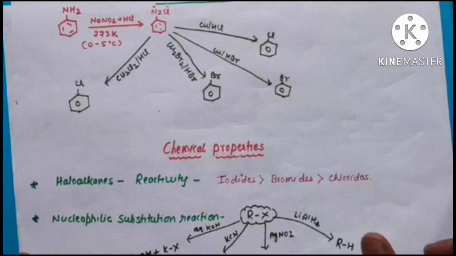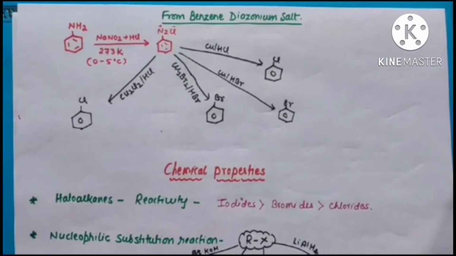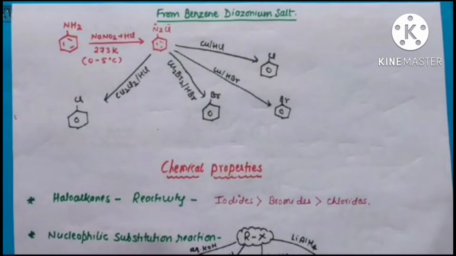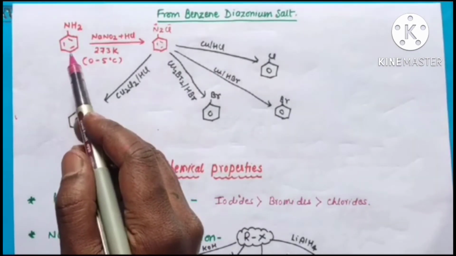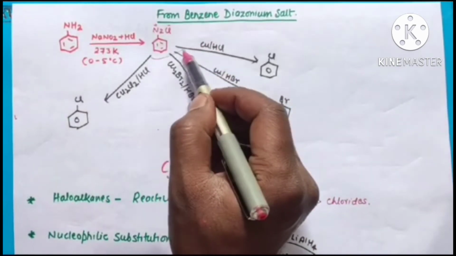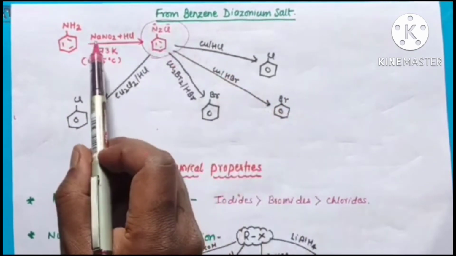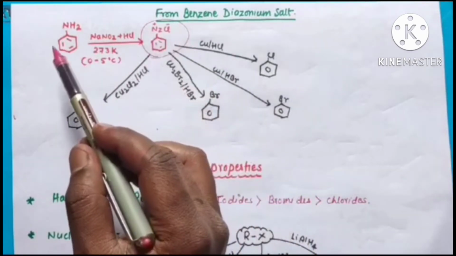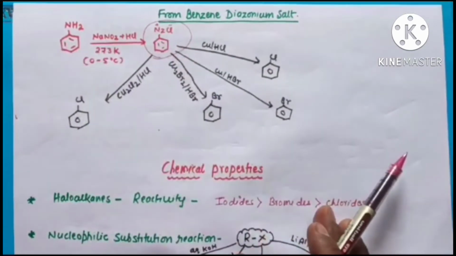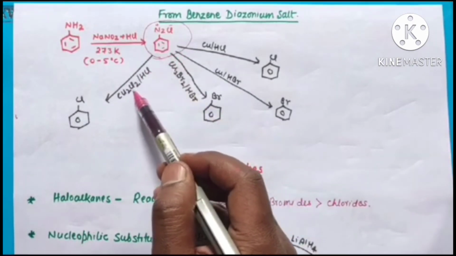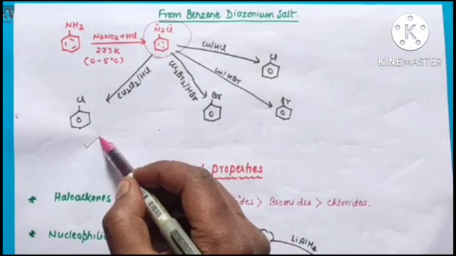This is by benzene diazonium salt. This is most important reaction, benzene diazonium chloride. Okay, for example, this is the aniline. As you know, if you are going to convert aniline into this benzene diazonium chloride, for this you have to do NaNO2 plus HCl, it will form HNO2. So directly aniline will convert into diazonium salts. So this diazonium salt, if you are going to react with Cu2Cl2 or HCl, this will form chlorobenzene.